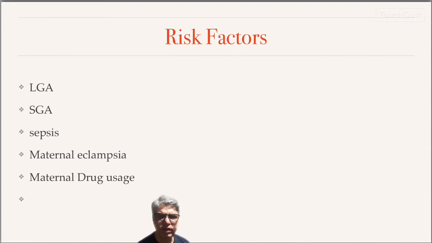These infants receive a large supply of glucose from their mothers in utero and therefore must produce a large amount of insulin in order to maintain glucose homeostasis. Now, this can cause hypoglycemia after birth as the infant continues to produce large amounts of insulin